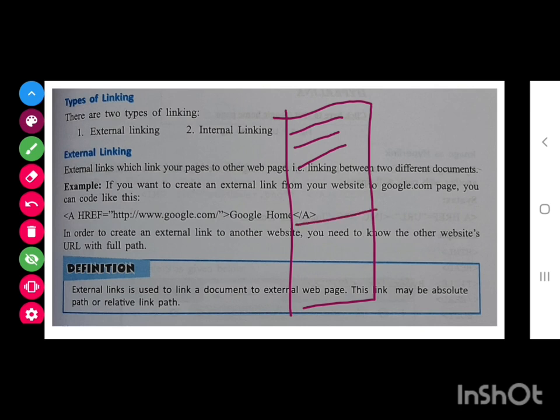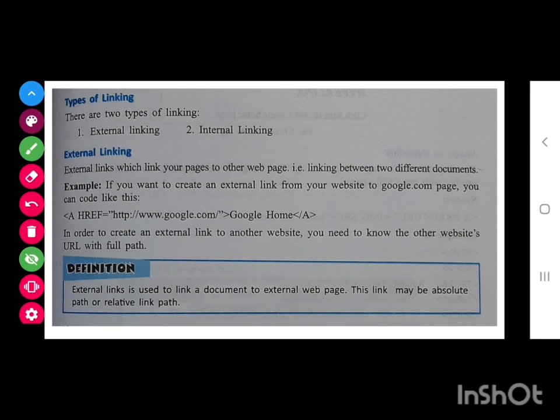Suppose in a single web page there are various sections, and when you click on one, that section opens, and when you click on another, the section down below opens, or you can say it will come at the top. That is internal linking.